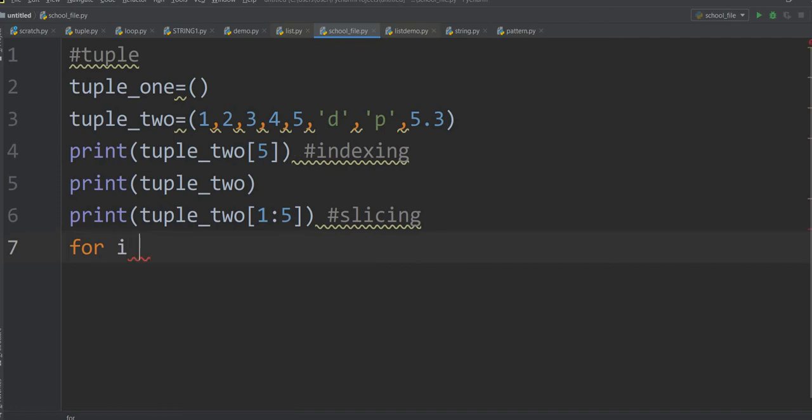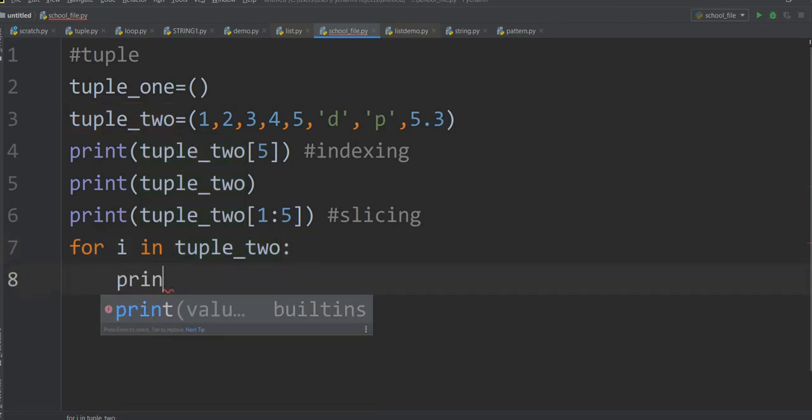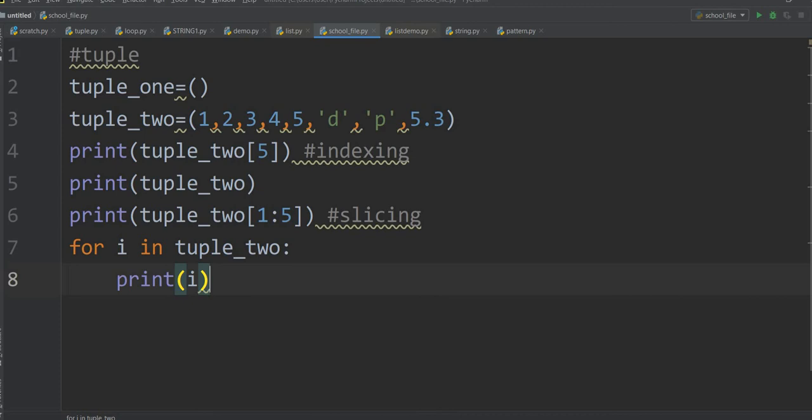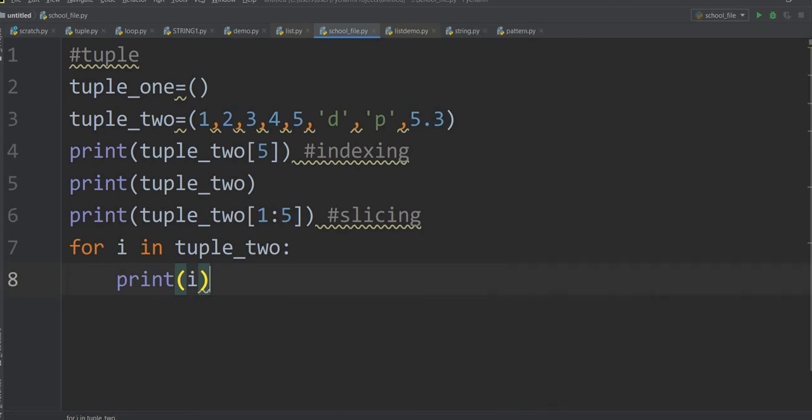we use a for loop, and print i. If I do that, it will print each and every element of tuple2 from line number 3 as our output. Okay, so what we learned? We learned that we can use indexing, we can use slicing, and we can use traversing as well. Okay, so this is the basic concept of tuple,